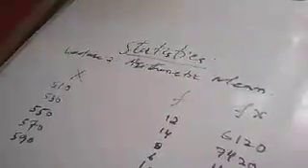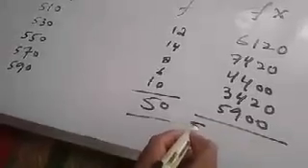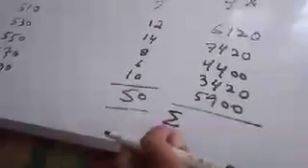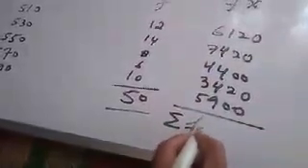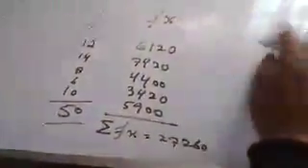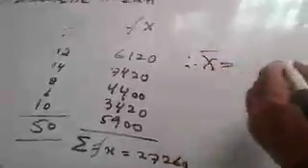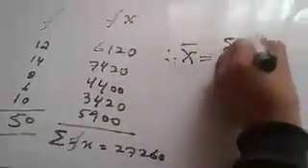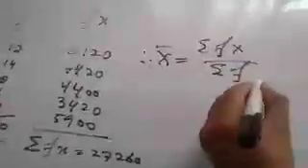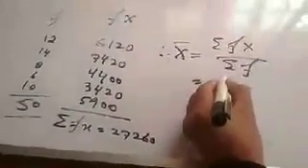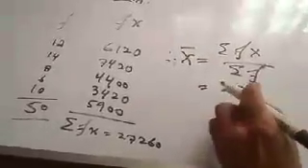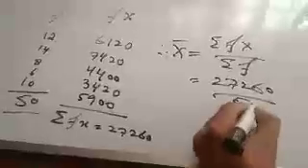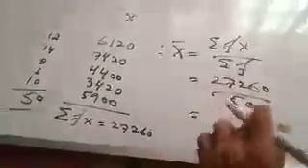So total of this, I have already told you, total is known as summation, using Greek letter summation. That means summation of this fx column is equal to 27,260. Therefore x bar equal to summation fx by summation f. Summation fx is equal to 27,260 divided by 50. So when you divide 27,260 by 50, you will get